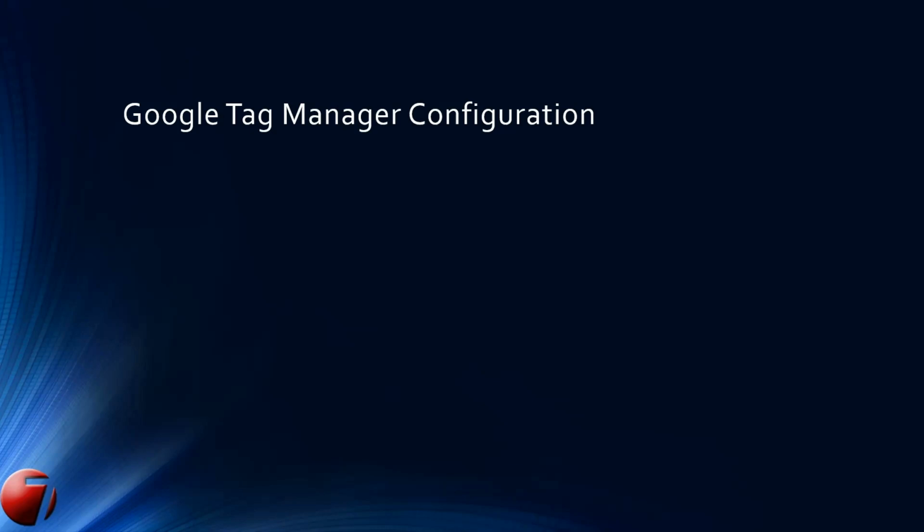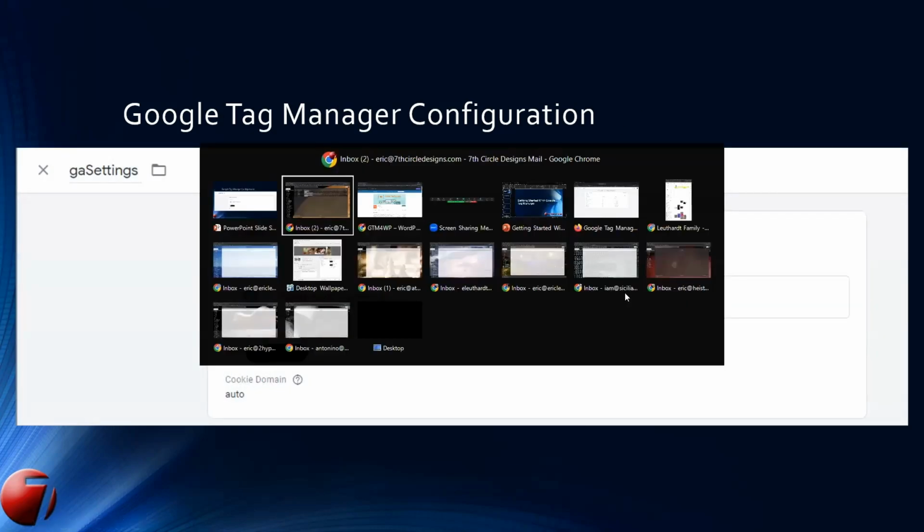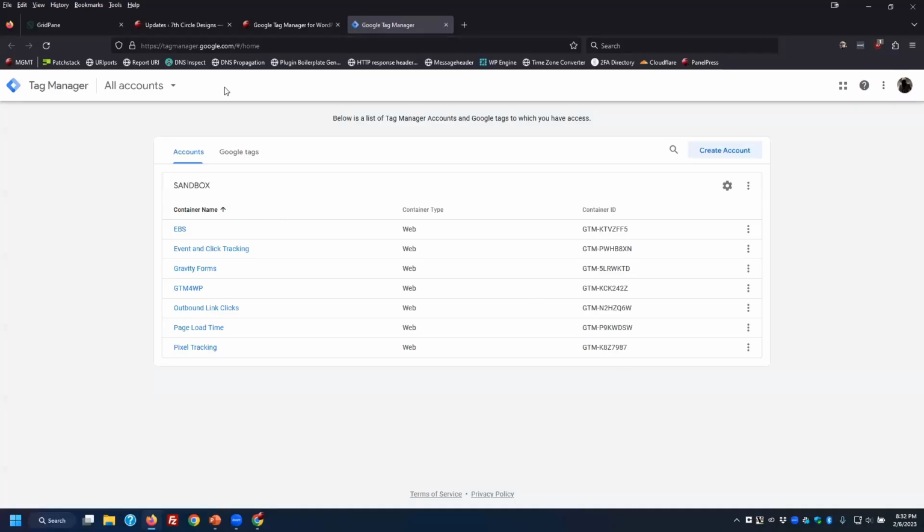So the first thing we want to do is configure Tag Manager. Now, what we're going to do is basically do this live. Bear with me a second to find the right window. There we go. When you go to